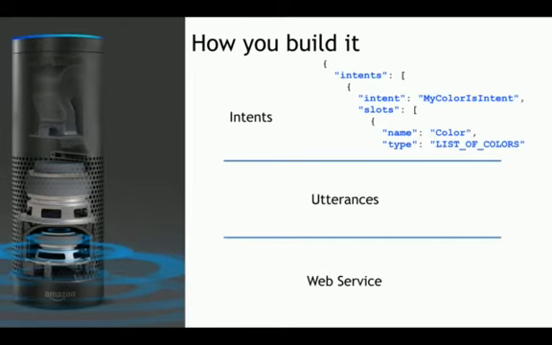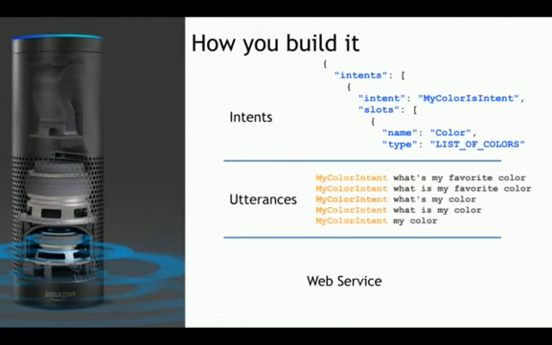In this case, you can see it's just an intents object that is an array of intents, and within that array, each intent has a name and can also have a space for slots, and the slot is basically a variable. Then we have utterances, where